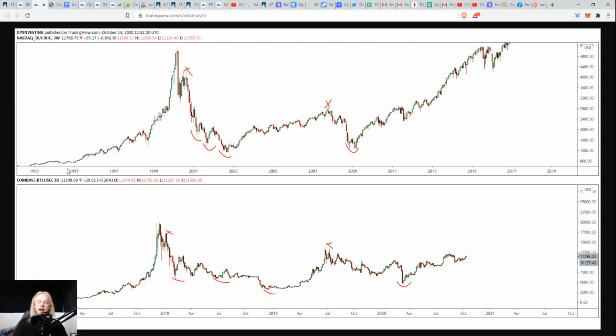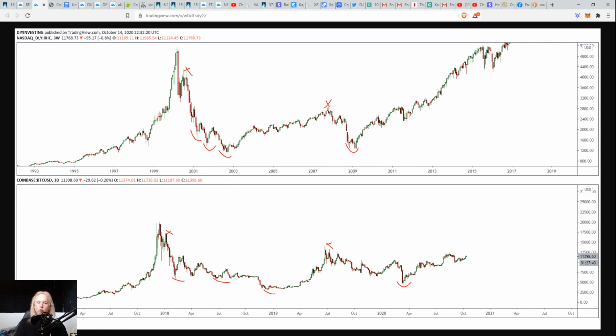The Nasdaq itself went through a very similar parabolic advance and an accumulation period after the internet bubble back in the early 90s. This was the internet bubble where all of the internet stocks were really ballooning the values of the Nasdaq, and the Nasdaq went super parabolic, right? This tops in about the year 2000, and then we start this big decline, right? Now, this is pretty much the same chart as what we're seeing today in Bitcoin.